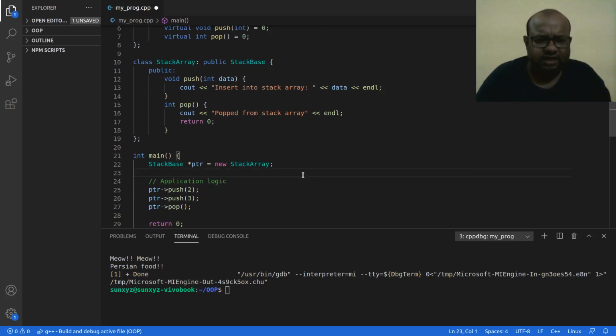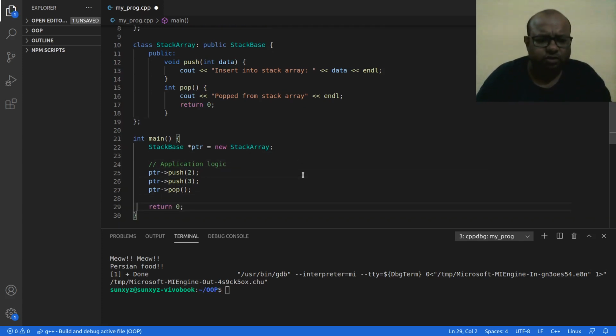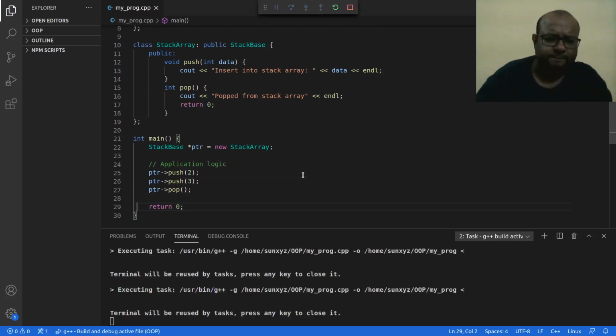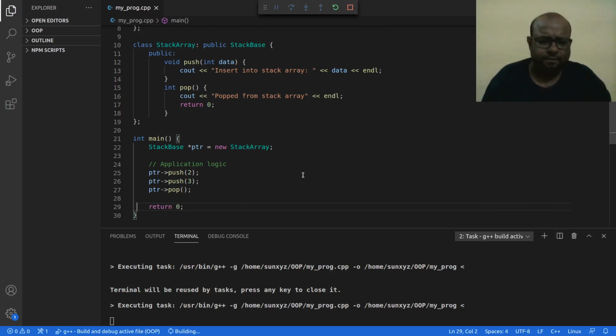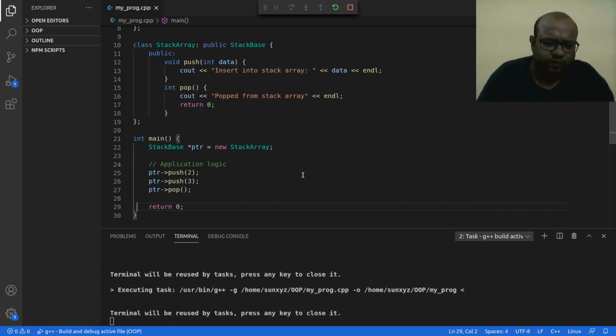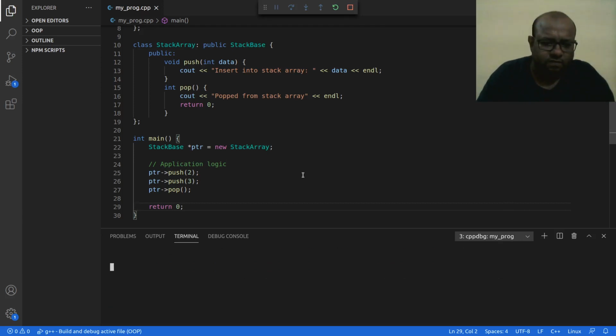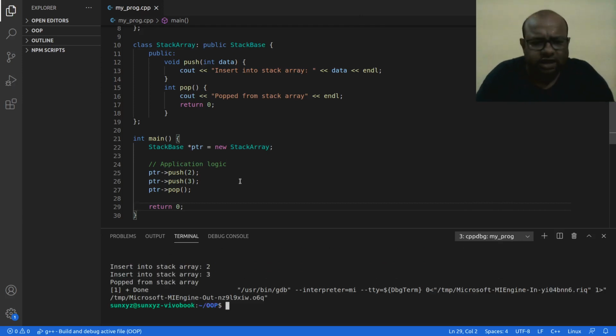Okay, and let me go ahead and compile this. When I compile this, line number 25, I say push into this stack array. So I insert into stack array 2.